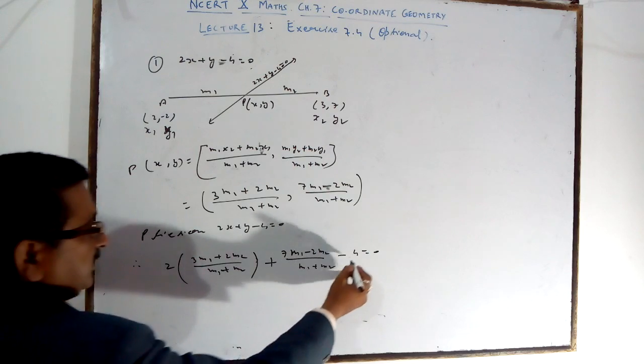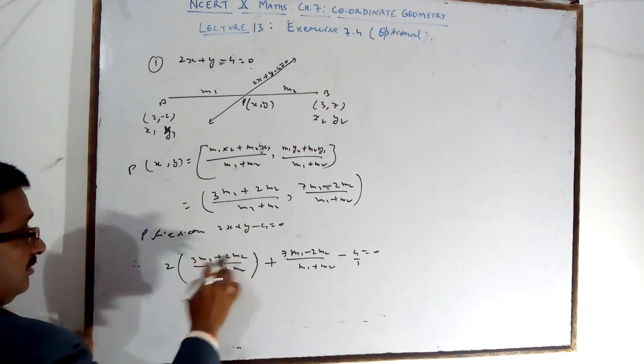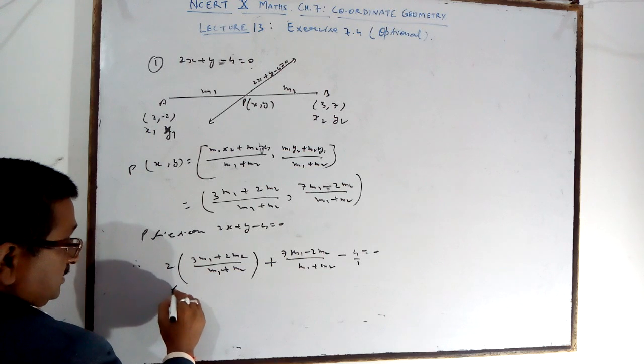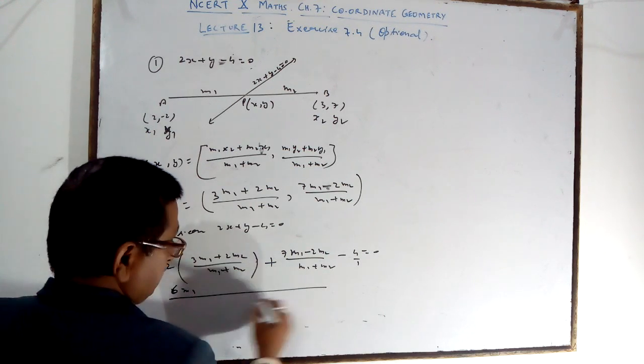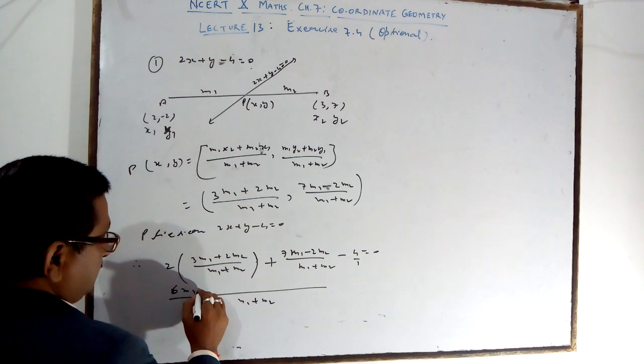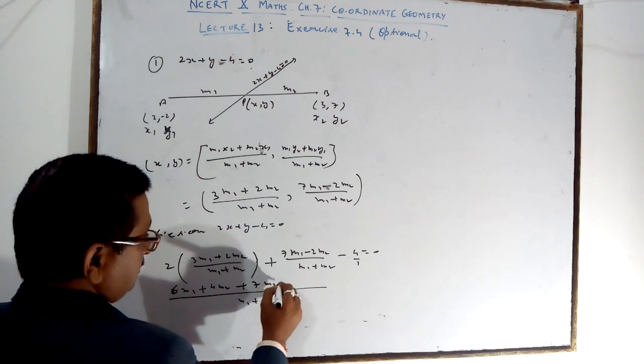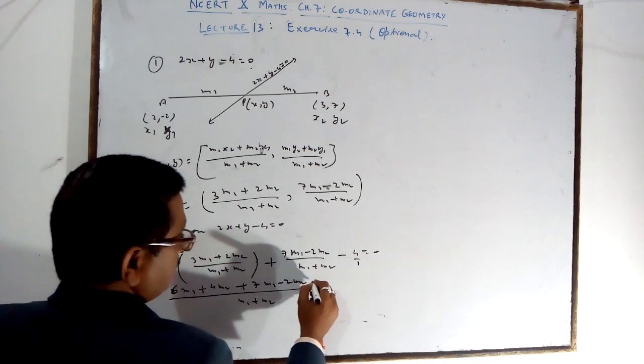It is satisfied. You put the value of x and y from P in the given equation. So 2 times 3 is 6m1, take LCM, m1 plus m2 is the LCM, 6m1 plus 4m2 plus 7m1 minus 2m2